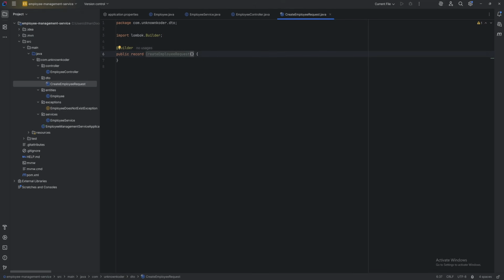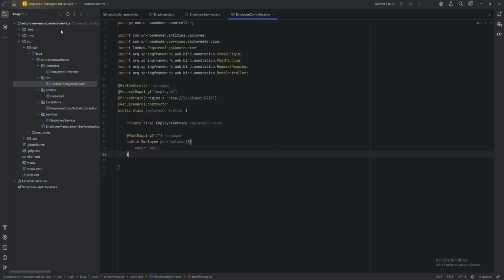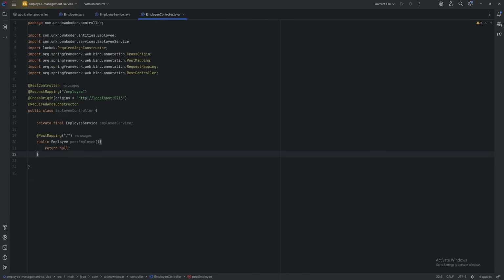And then inside of our record itself, we want to pass in a string first name, a string last name, and a string password to be able to create our employee. So that's going to do it for our create employee request. Now we can close out of this, close out of Explorer, and come back in to our